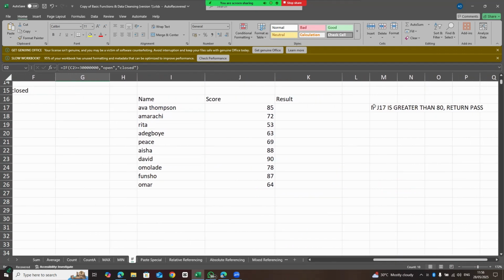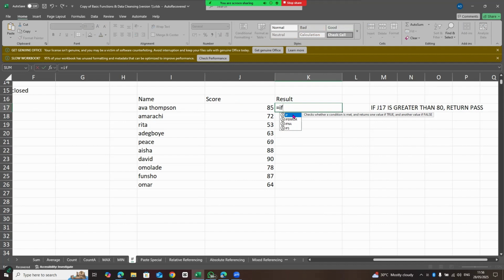The formula is if J17 is greater than 80, return pass. Okay, let's see. This is what J17. This is J, and this cell is in 17, row 17. All right. So let's do equals to, type out if, double click, click on this cell you want to work with. The cell greater than 80, return pass. So you type in your greater than sign, equal to, is greater than equals to 80,